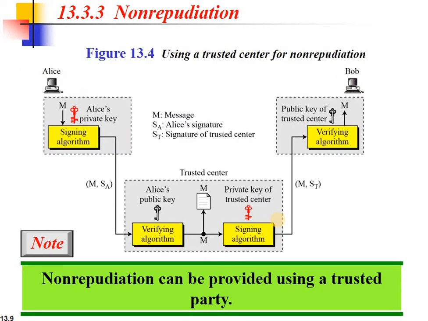Now the last one is non-repudiation. In non-repudiation, you have to include a trusted third party. A trusted third party can be a KDC, key distribution center. In the key distribution center, you can ask that trusted third party about the verification identity of a particular sender or a receiver, and from the information you get there, you can judge whether a particular entity is a verifiable entity or not.